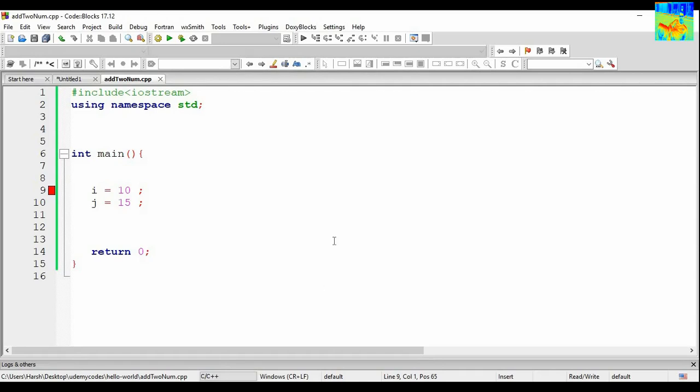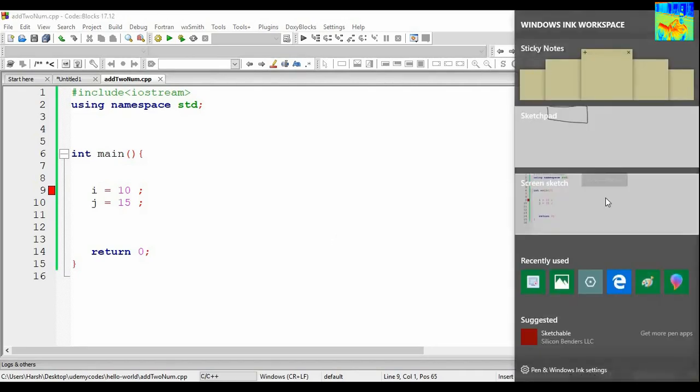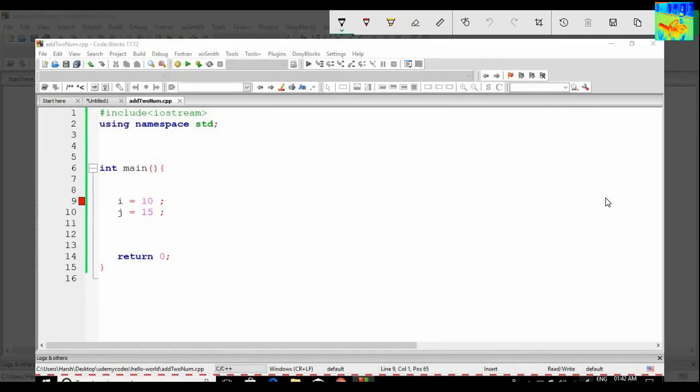So for storing data in our computer, we have to tell two more things. What data you want to store and how much space you want for storing your data.